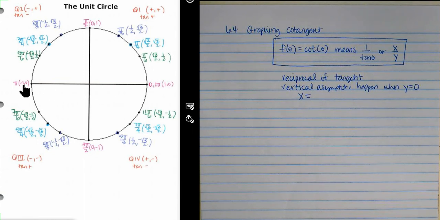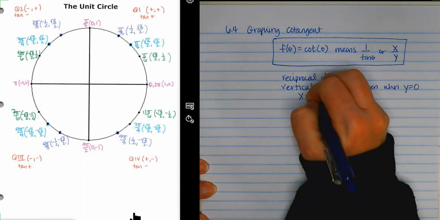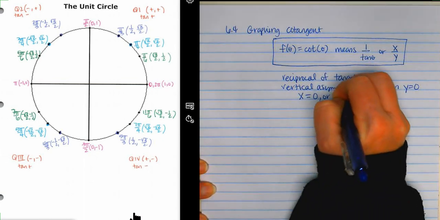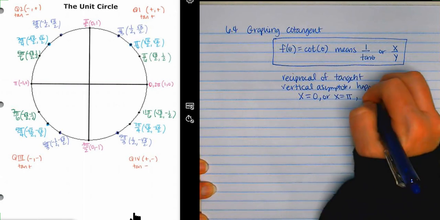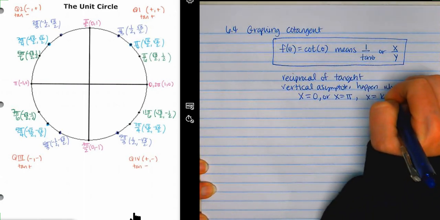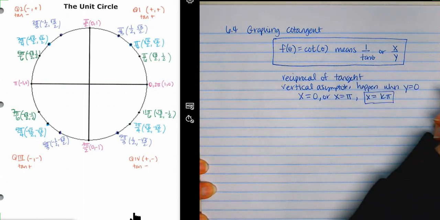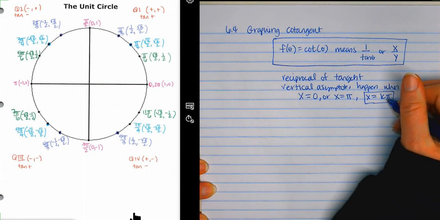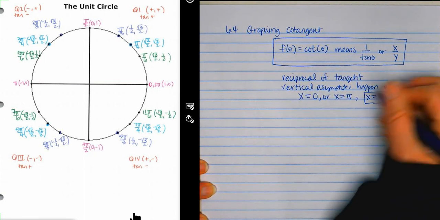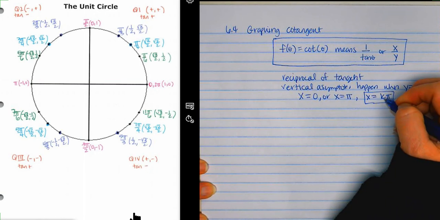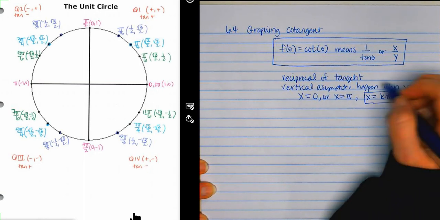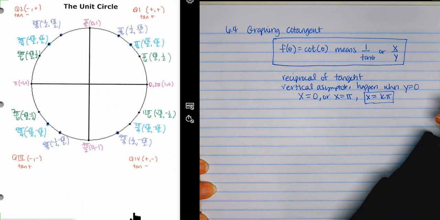These are the values. Every pi, y is 0. So x equals 0 or x equals pi, otherwise known as x equals k pi. That means every integer times pi. 0 is this one. 1 for k is 1 pi. 2 pi, 3 pi, whatever k you put in, or even in reverse, negative 2 pi is going to be